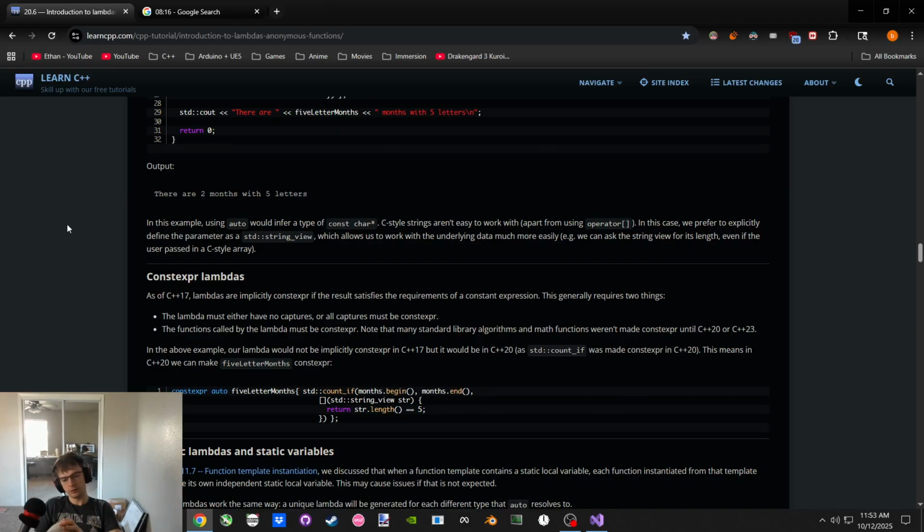No captures? Is that because if we do captures and they aren't constant expressions, then we're using objects that aren't known at compile time? Therefore, if they're a constant expression, then they're cool. We don't even know what captures are yet. That makes sense. It's the objects from the function that it's using. Functions called must also be callable at compile time. Okay.